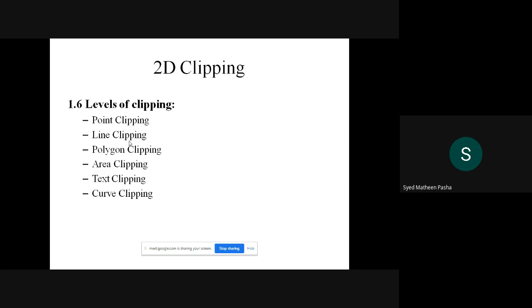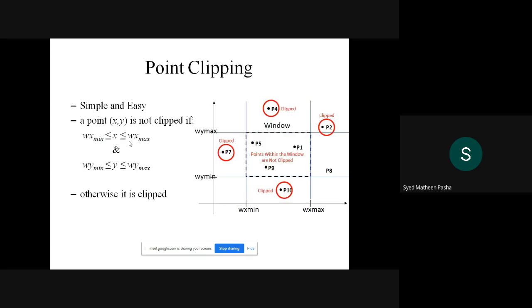So we'll check out how point clipping works. So let's see. What do you mean by point clipping? Point clipping is nothing but what is clipping? It is removal of unwanted part from the window or the object. Point clipping is nothing but you are removing that point from that particular display function. That is, if the display consists of a huge number of points, you don't require some points with respect to that particular window which is being displayed onto the output screen. So at that time, you will perform point clipping.